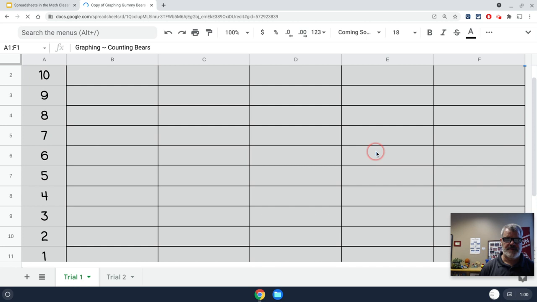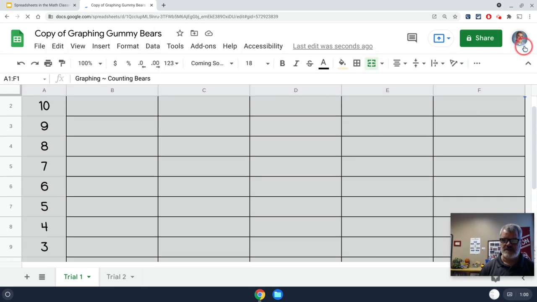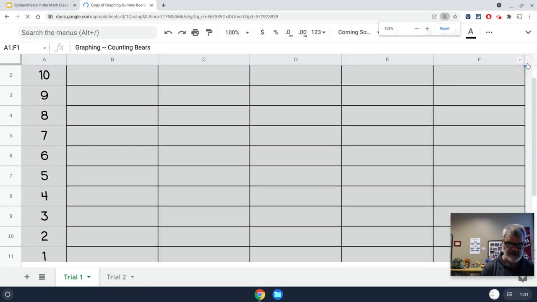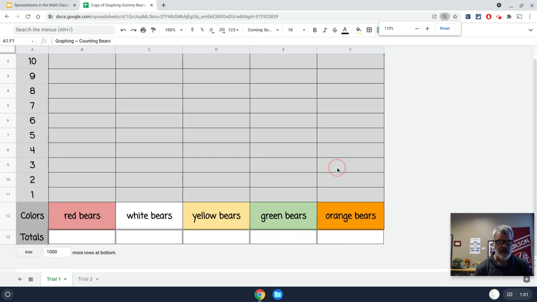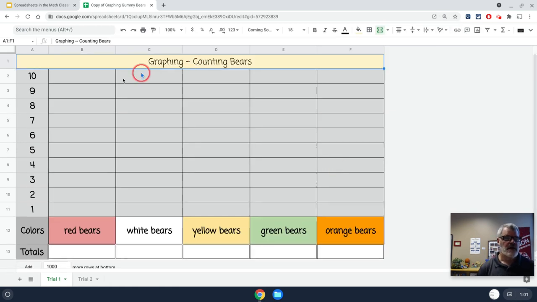All right, so we're in the spreadsheet. I just have my menu minimized a little bit, so there's a little more space for me. Let me zoom out a little bit more. Control minus. All right, so this is where kids would come in and they can just put anything in here,